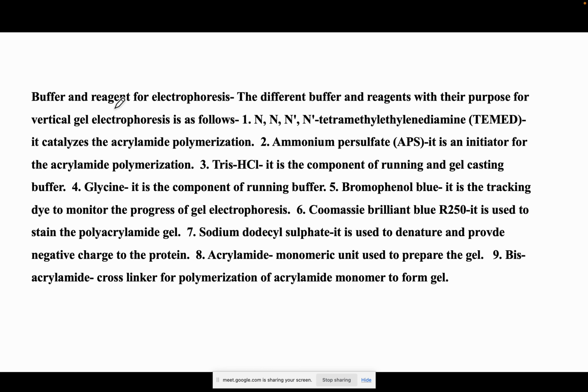Now buffer and reagents for electrophoresis. The different buffers and reagents used in vertical gel electrophoresis are: number 1 is TEMED, number 2 is ammonium persulfate, number 3 is Tris-HCl, number 4 is glycine, number 5 is bromophenol blue, number 6 Coomassie brilliant blue R250, number 7 sodium dodecyl sulfate, which is SDS, number 8 is acrylamide. So number 1 is TEMED, whose chemical name is N,N,N',N'-